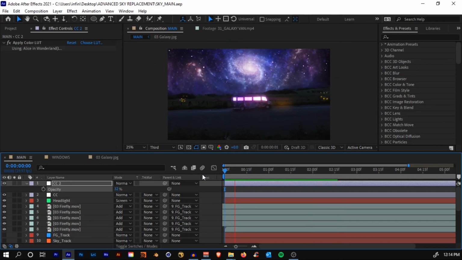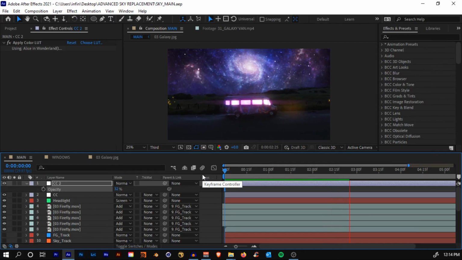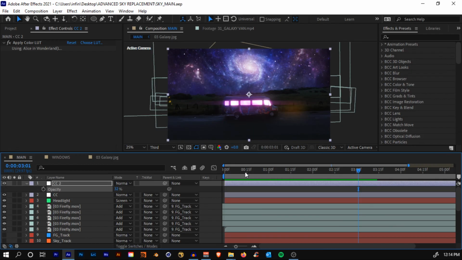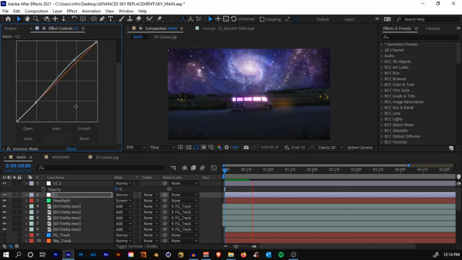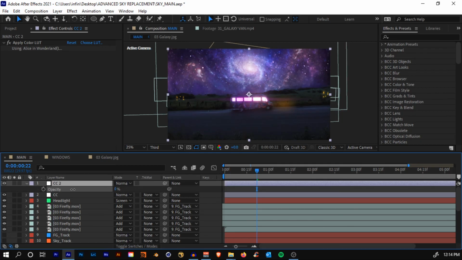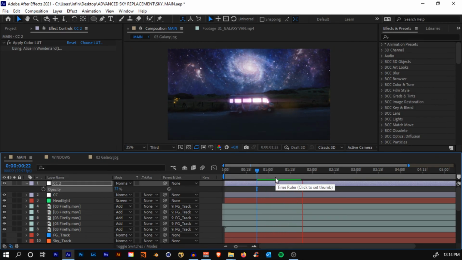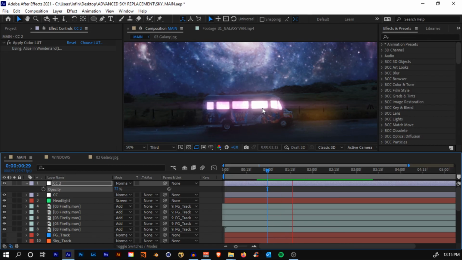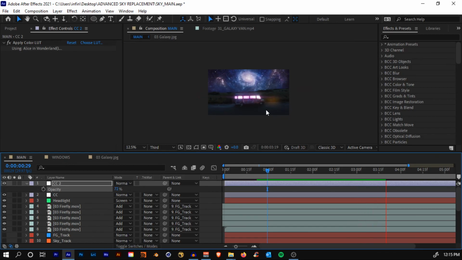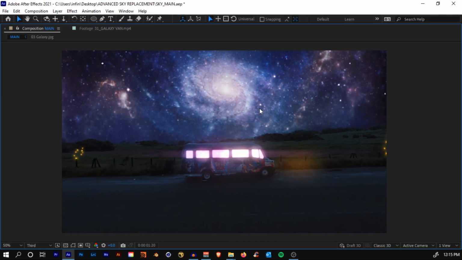So just render it out once. I think it looks good. If it's too dark, then you can just increase the brightness a little bit, decrease the contrast of the curves, and you can always play around with the LUT, decrease the opacity until you find that sweet spot. And you see the text that we had added onto the galaxy, how it's reflecting here. It flickers, which looks good. So yeah, we are done with it.